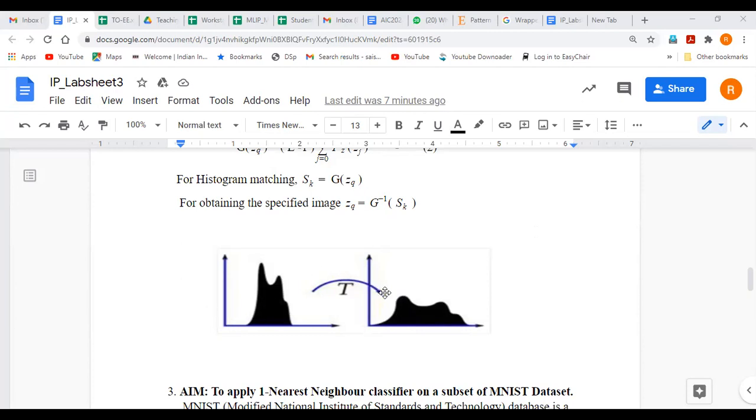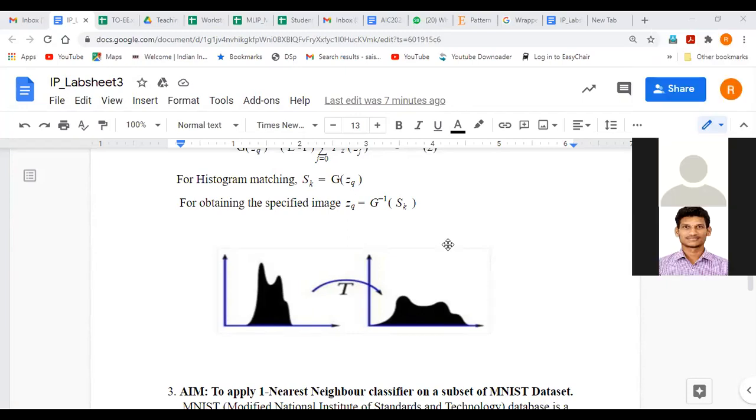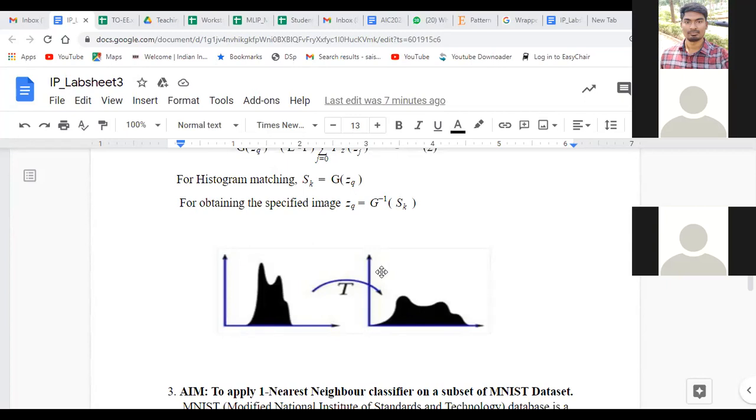Even if my given original image is very well spread, but the specified target image is very narrow, then after my histogram specification, my image also will become dark. Or if the target is bright, even if the current image is dark, it will also become bright. So I can modify the gray level distribution of the given image to any range, or even the shape of the histogram specified by the target image. Is that understood by all? Are there any questions?